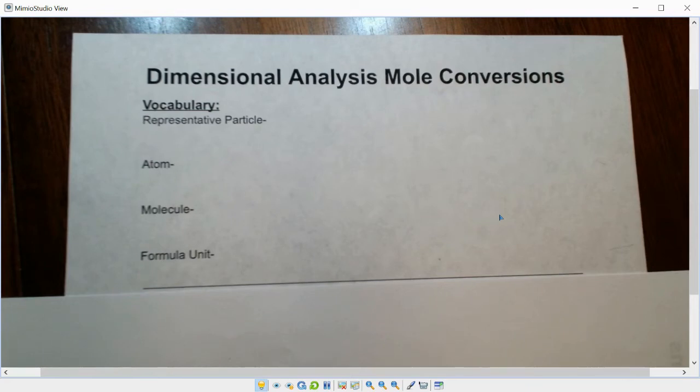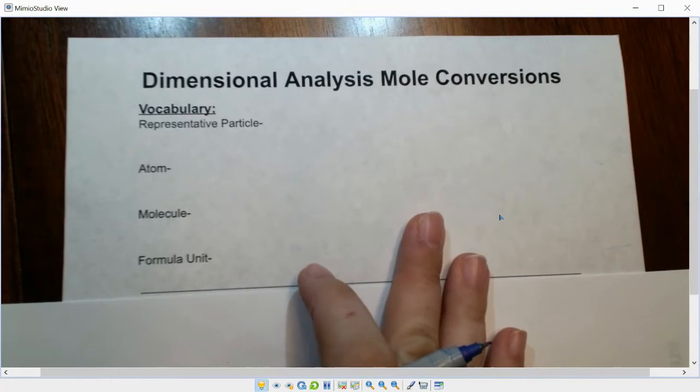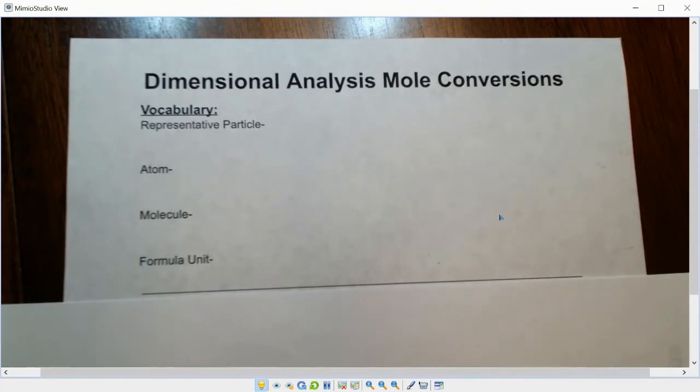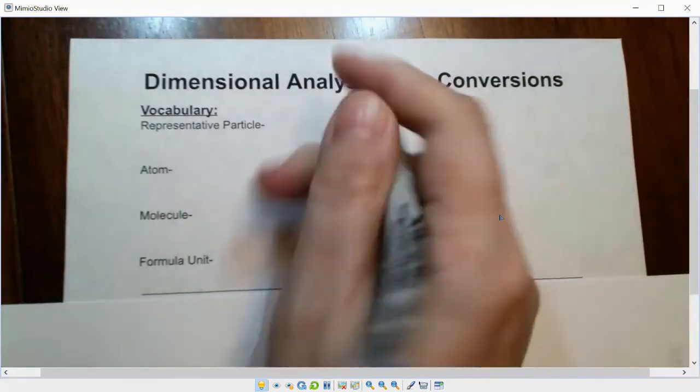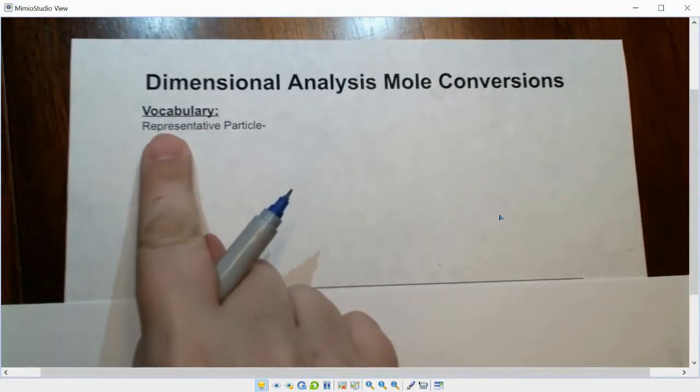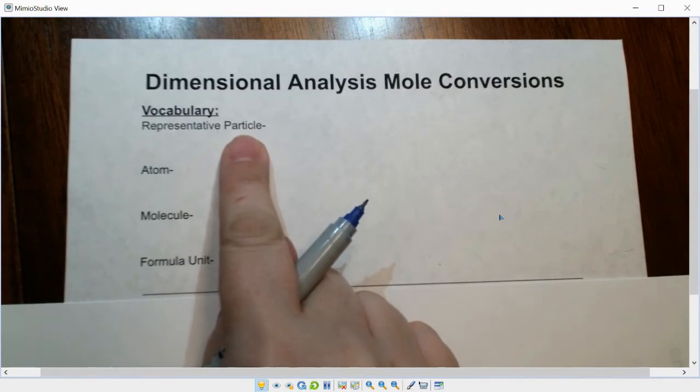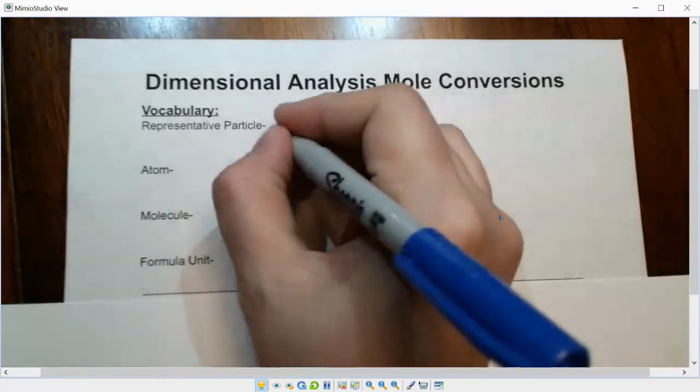So let's first talk a little bit about some vocabulary. And this will be important because when you're breaking down these word problems, you're going to want to be able to use your context clues to help guide the next steps in terms of your math. So first off, anytime you see this term representative particle, or sometimes just abbreviated as particle, this really just means